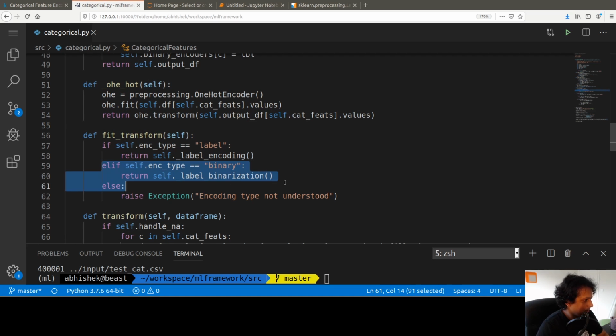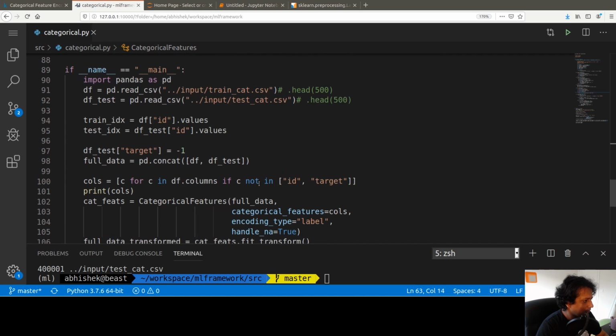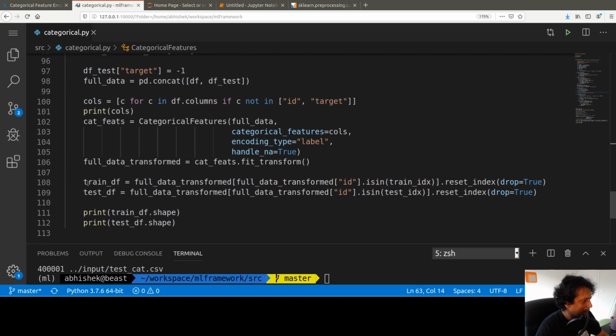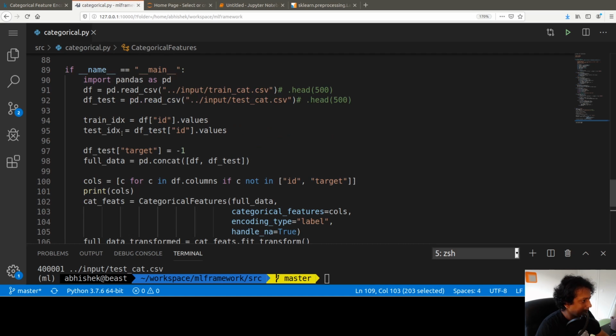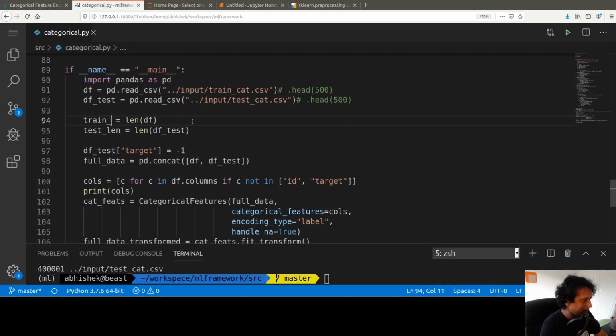And now we need to add this part here. If encoding type is OHE, then do one hot encoding, underscore one underscore hot. Let's see if this works for us. You can no longer use these things here. Your ID column is gone. So what you can do is train length of df and length of df underscore test instead. Change the name a little bit, train len, and